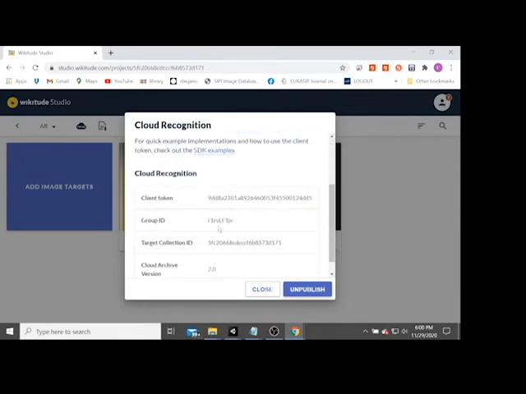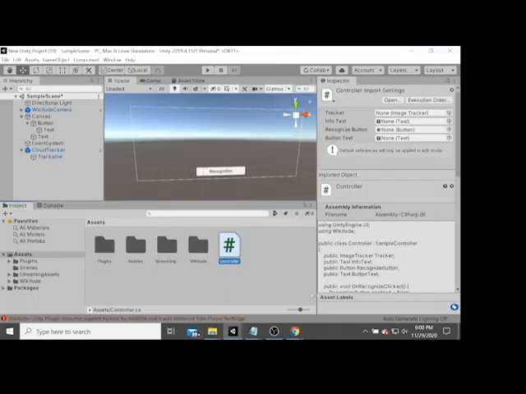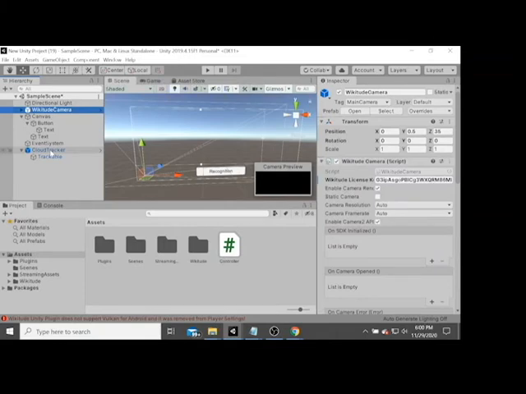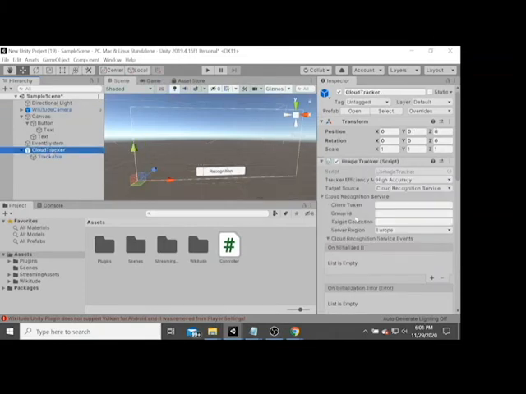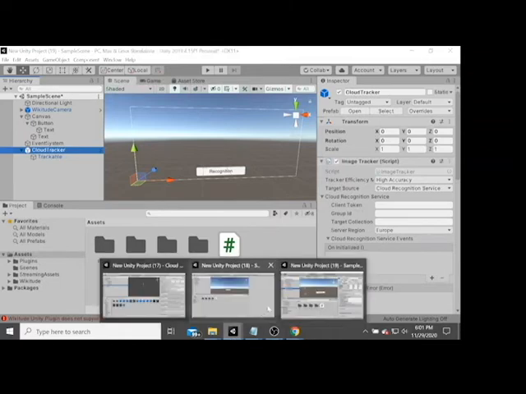And this one, if you look here, you can see the client token. It is used to connect your Unity to cloud recognition. And also the target collection ID here. If you look at Unity, if you click the cloud tracker, you can see here the client token and also the target collection. So let me copy and paste here.